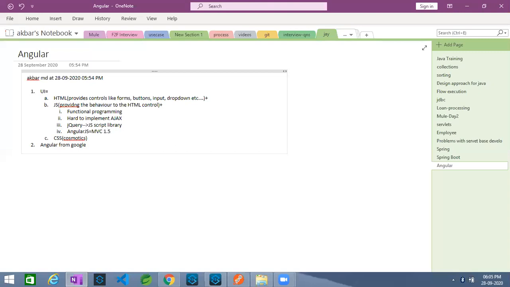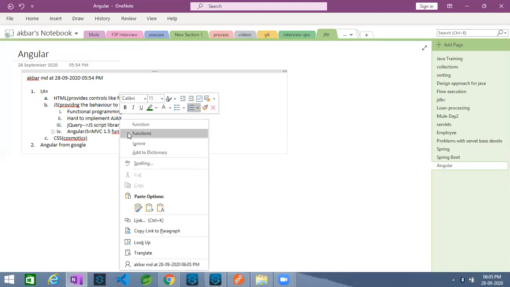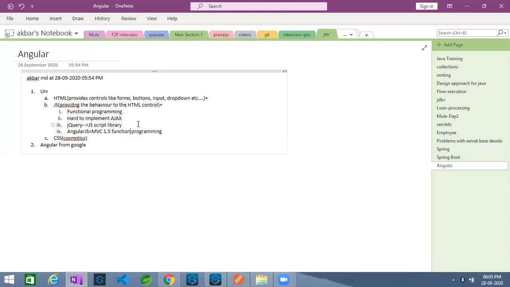But the initial version, AngularJS 1.5, is still functional programming. People are not satisfied with the functional programming language. They are trying to implement the object-oriented world on the UI side also. So then Google provided this concept called Angular.